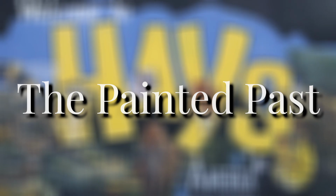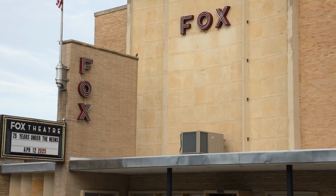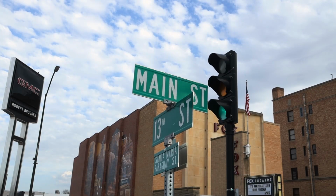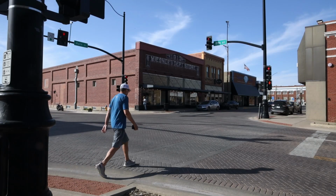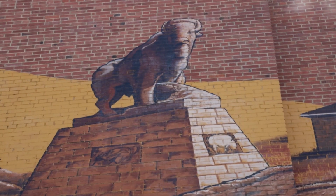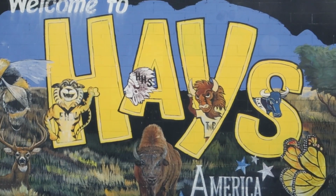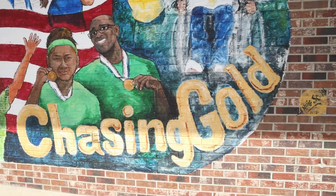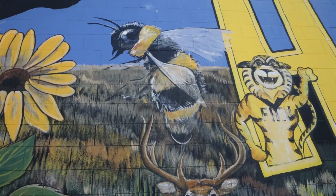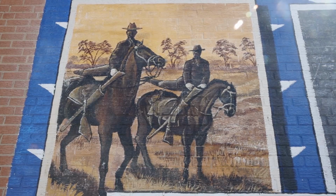Pictures say 1,000 words. In the heart of Kansas lies a town rich in history, tradition, and art. Hays may seem like a small dot on the map, but as you walk its streets, you'll find a tapestry of stories told not through textbooks, but through vibrant murals. These incredible works of art breathe life into the history of Hays, each brushstroke telling the tales of the town's